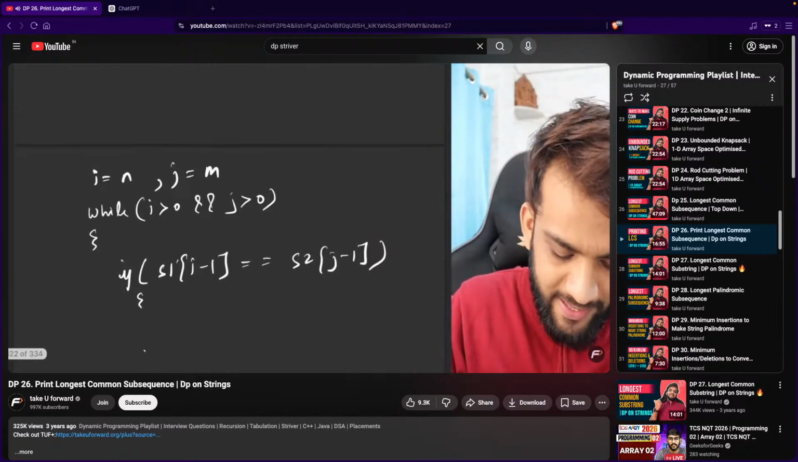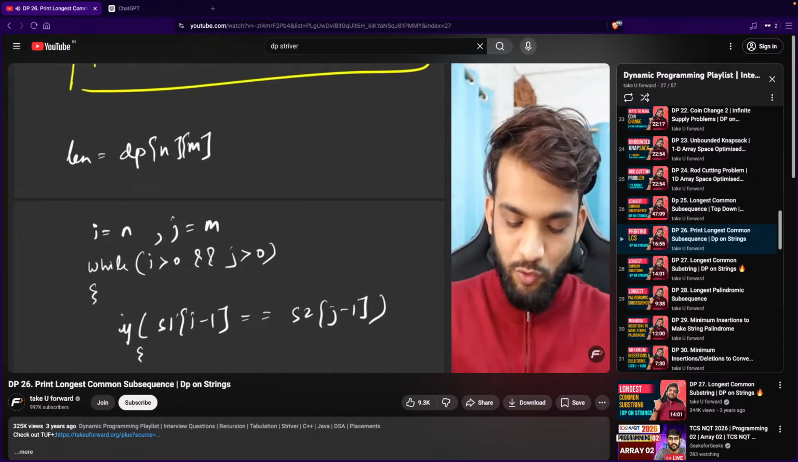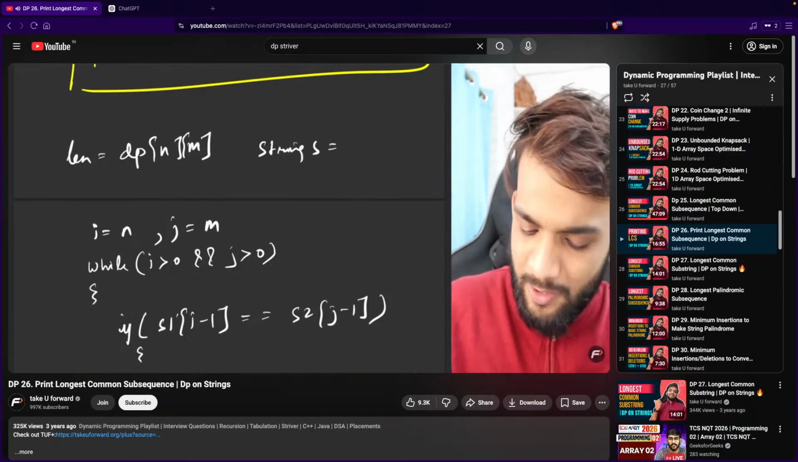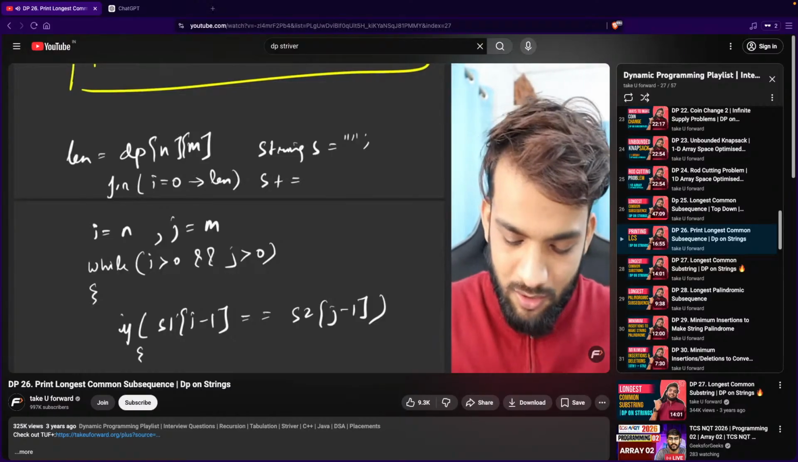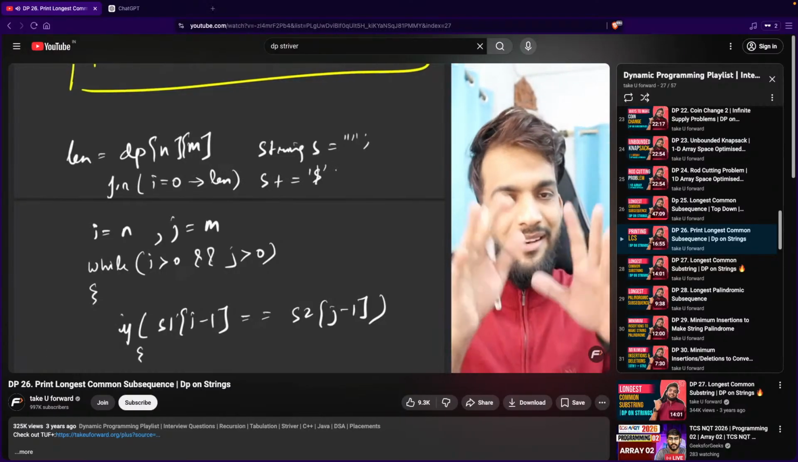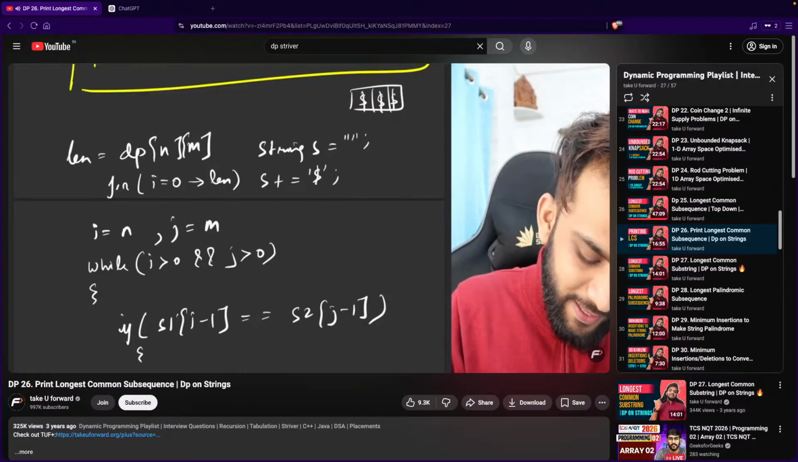So you know the answer was the length of the LCS, which was very simple. It was dp of n comma m, right? So probably you can create a string. You can create a string s equal to, probably you can as of now keep it empty, and then you know the answer is i equal to 0 till length. So s plus equal to, probably you can just assign some dummy values, a dummy string of dollar assigned. Okay, and probably what you can do is you can keep an index equal to length minus